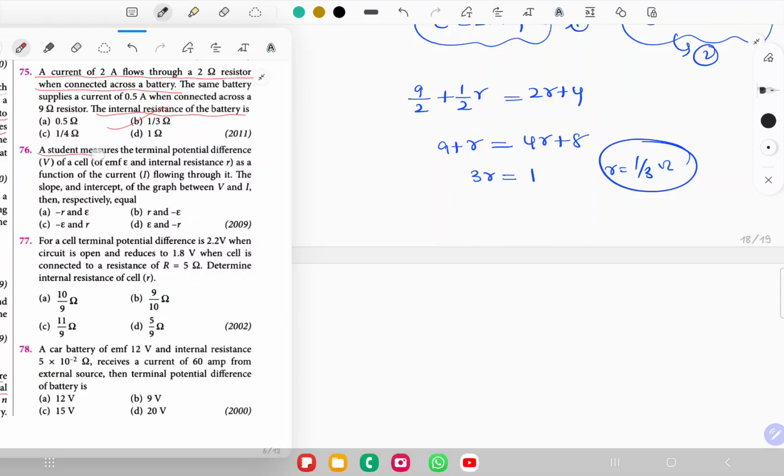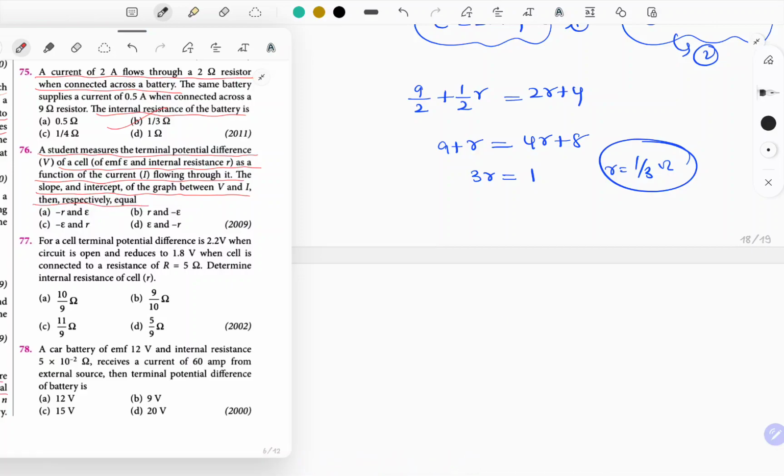Let's try question number 76. A student measures the terminal potential difference V of a cell as a function of I flowing through it. The slope and intercept of the graph between V and I, respectively, are equal to, okay, 76 solution. So first of all, let me draw a combination of internal resistance, external resistance,